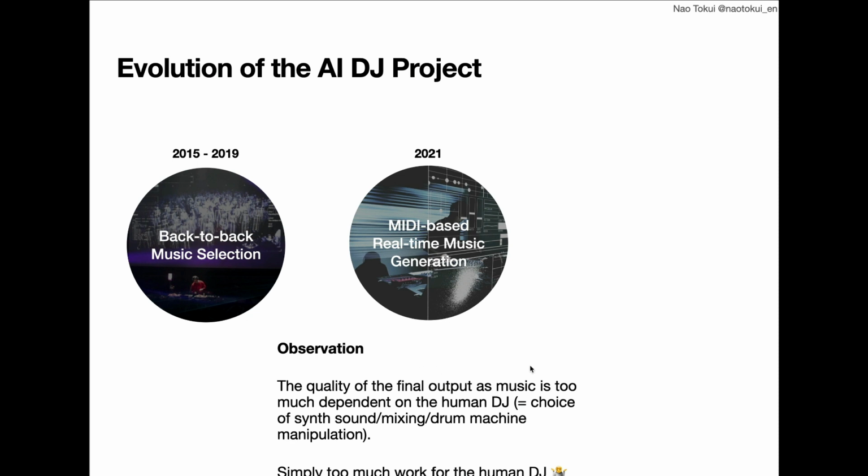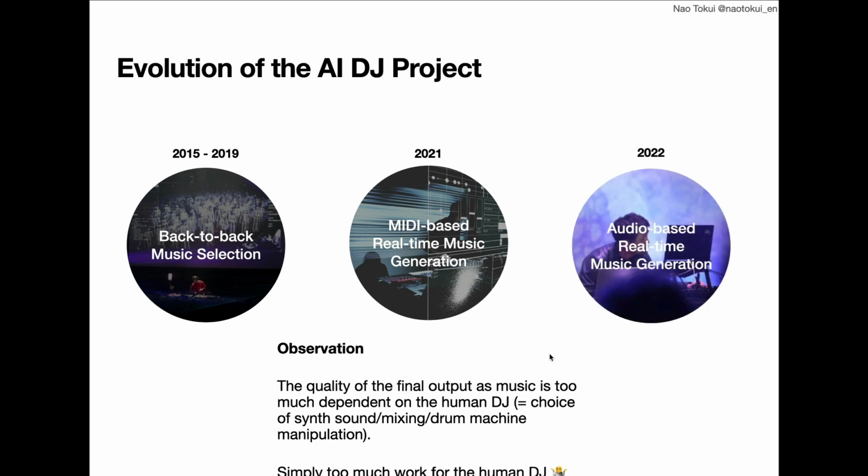So I looked for other options or other solutions for this project, and obviously, maybe starting from 2021 or 2022, we saw the rise of audio generation models. So I looked for options to implement this audio generation based